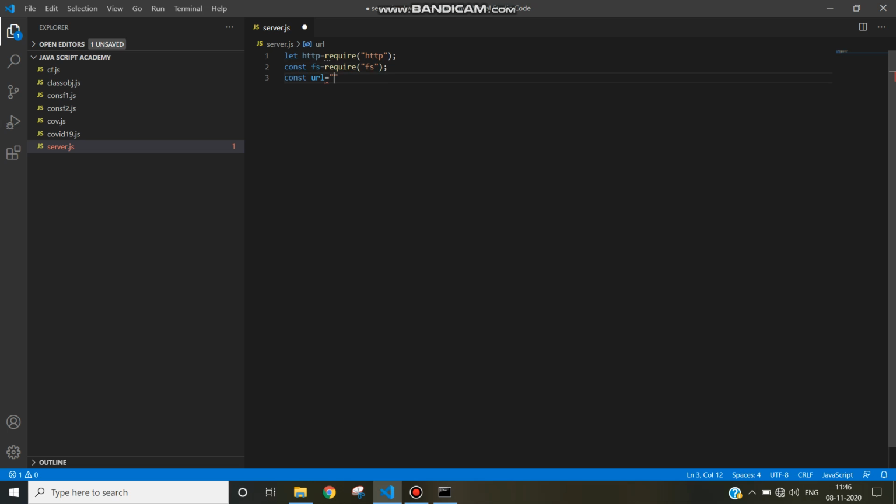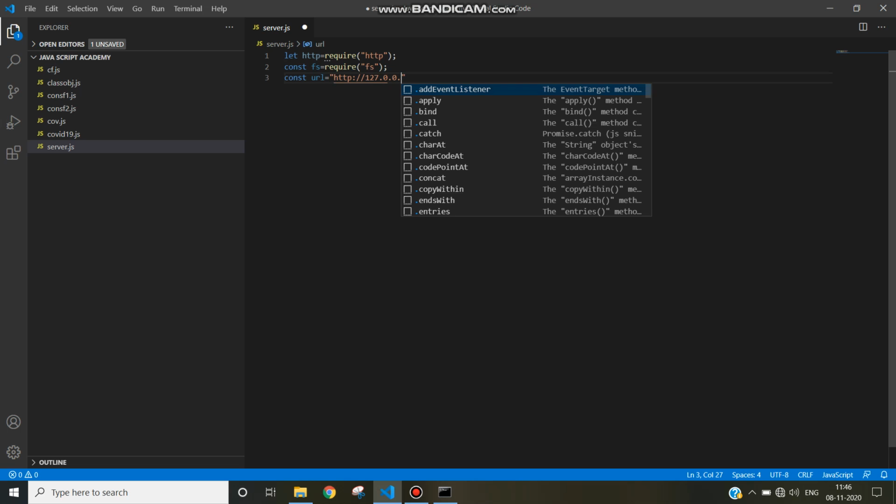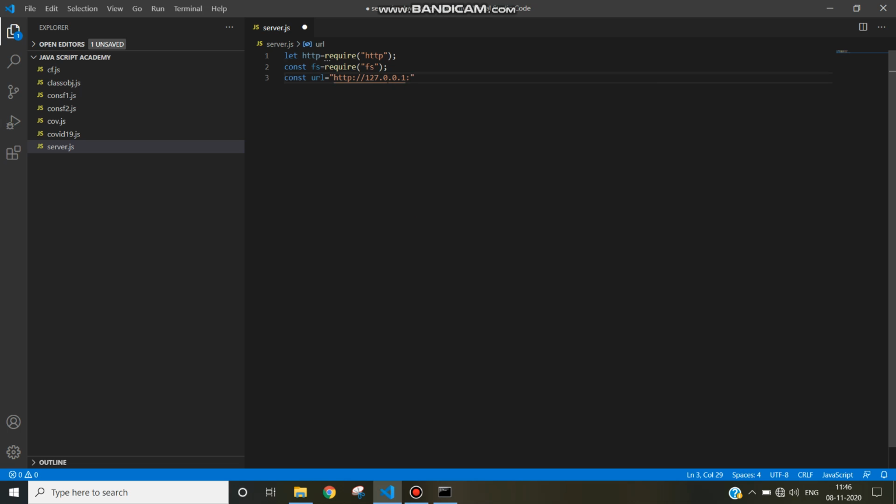So you can say http colon slash slash 127.0.0.1 and colon and port number, say 3000, and give one more slash here and then a semicolon. HTTP we have required, file system we have required, and we have defined the URL.